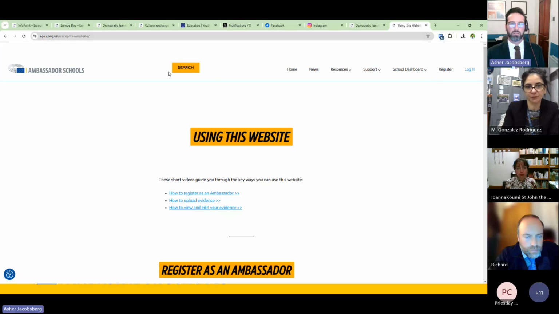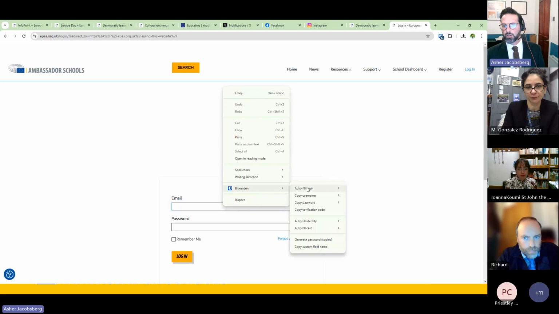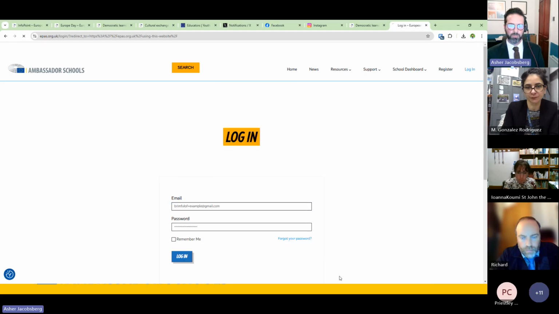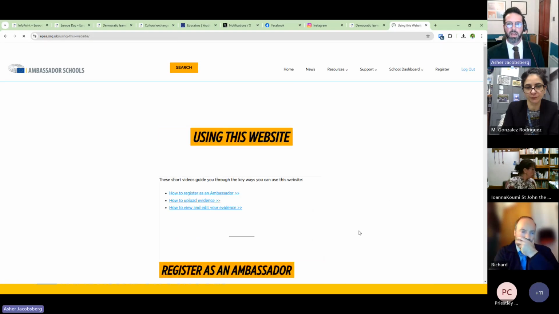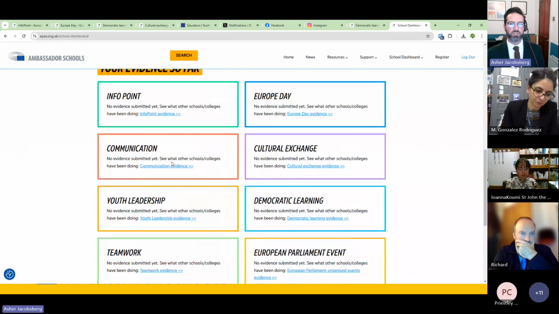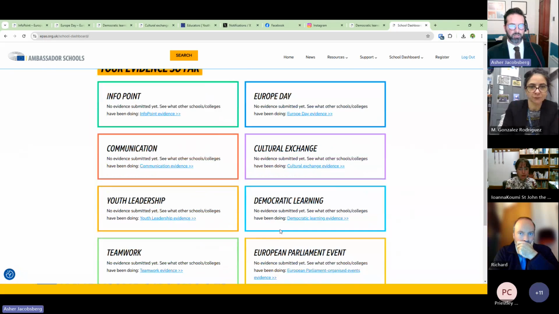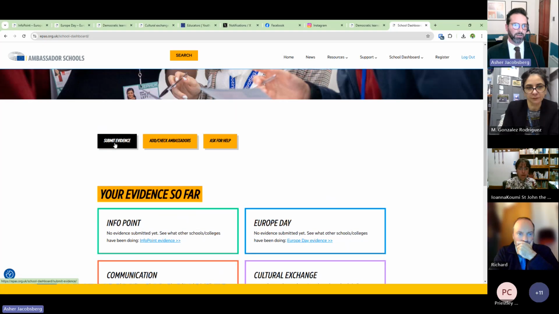So on the epass.org.uk website, click login, fill in your login details, and go to your school dashboard. Your school dashboard shows you which things you've done already. These boxes will fill up as you submit evidence. On my example school here, I haven't submitted any evidence yet, so nothing is ticked off. So I click on the Submit Evidence button,